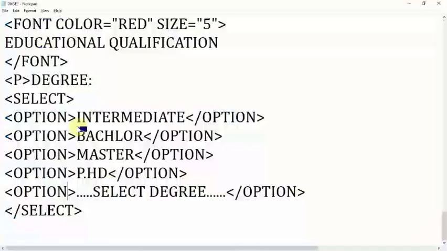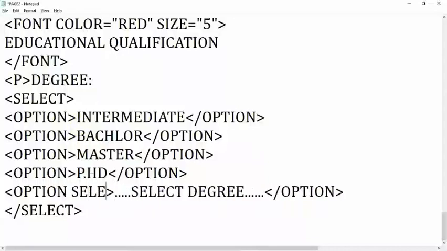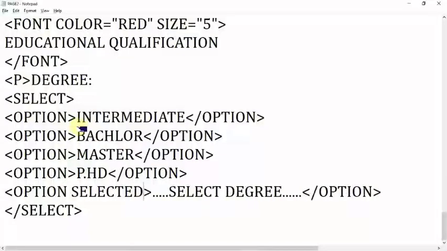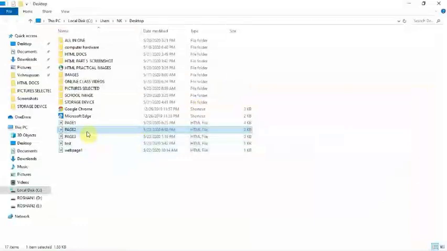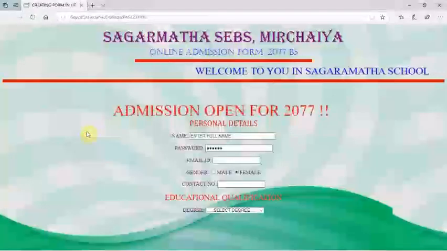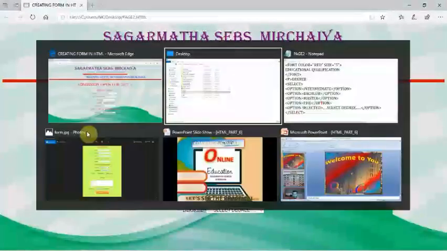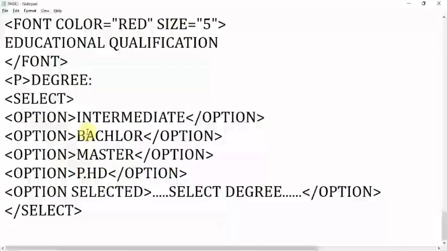Now I want to change here, selected equal to selected, Ctrl+S. Now first of all I want to close this page. Now I want to open it again. Then what is coming by default here? This is correct. We have to give the selected attribute. Sometimes our browser is not working properly, sometimes it displays wrong data, but this is the correct method.